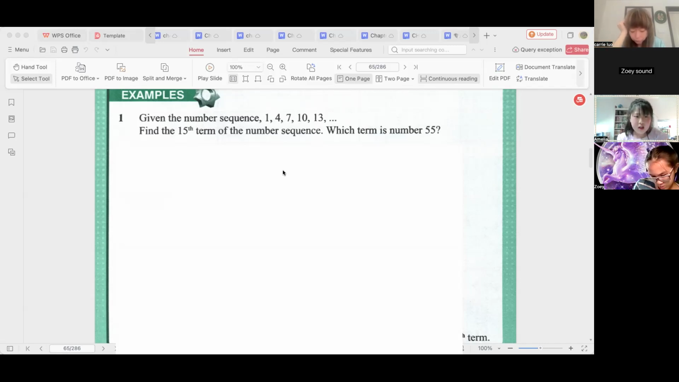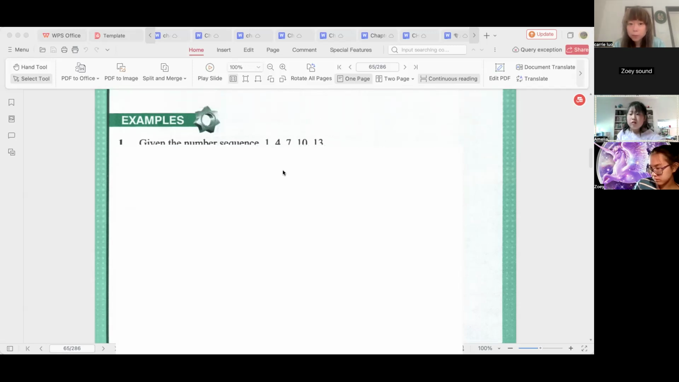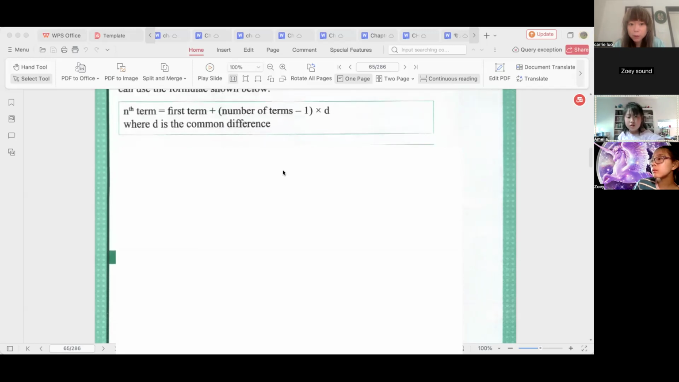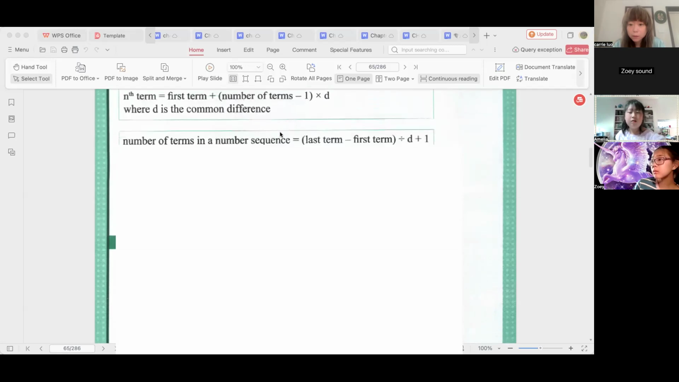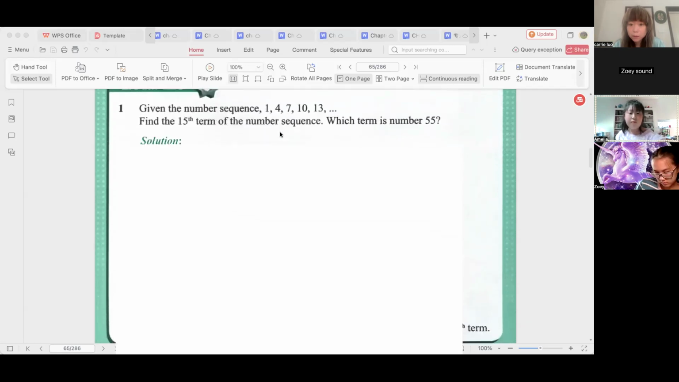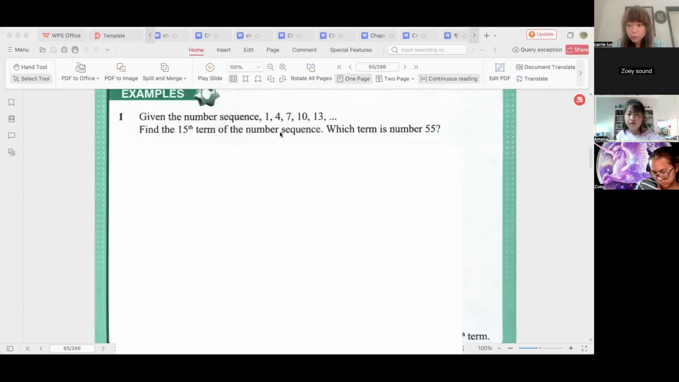But what is the last term of the sequence? Yeah, but the last term of the sequence, like the problem, you need to find out yourself. Find the 15th term of this number sequence. 先做做看啊。